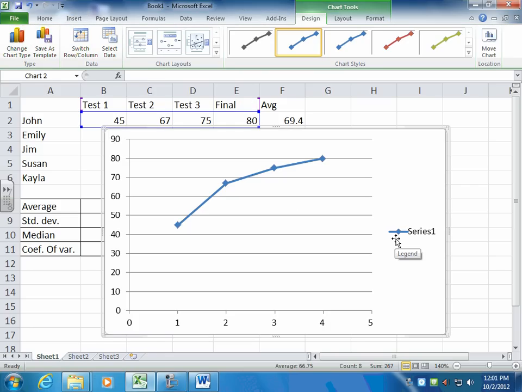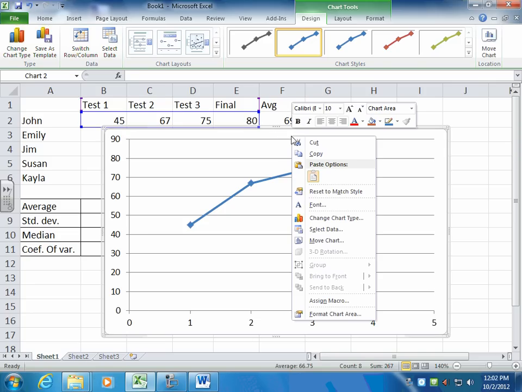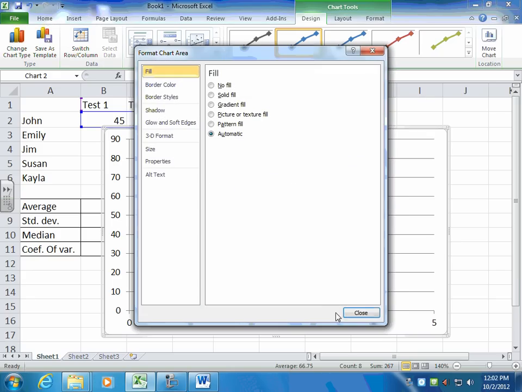And because I didn't have a title, again, I would delete that. Yeah, ordinarily I would want these to be labeled appropriately. It didn't do that this time, but basically this is the test 1 score, this is test 2, test 3, and the final. This is the progression of scores for that student. And if you do a click and a right click,